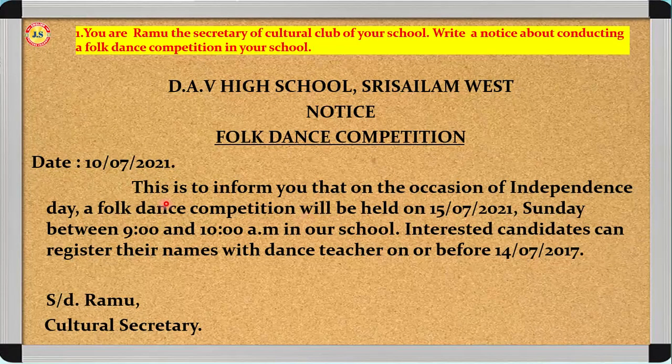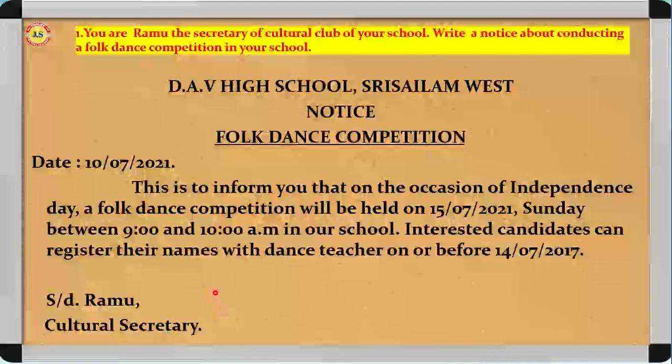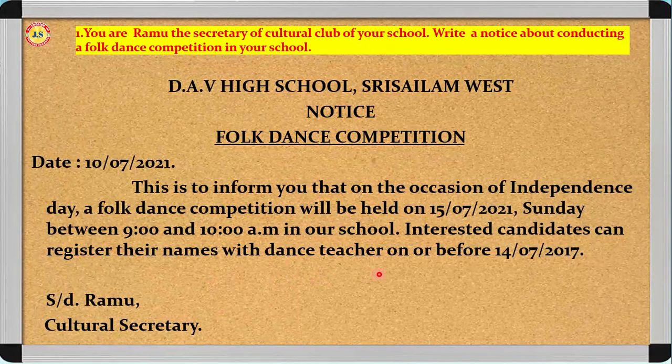This is to inform you that, here the phrases, the useful expressions are taken from the previous slide. For example, here: this is to inform you that on the occasion of Independence Day, a folk dance competition will be held on 15/7/2021 Sunday between 9 and 10 a.m. in our school premises or at Kala Bharati. You can mention any. So the venue should be mentioned here, and here interested candidates can register their names with the dance teacher